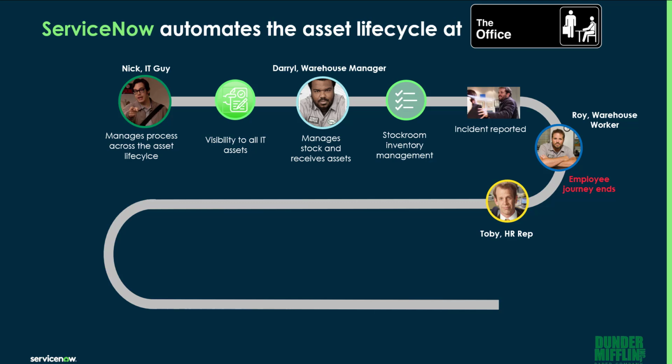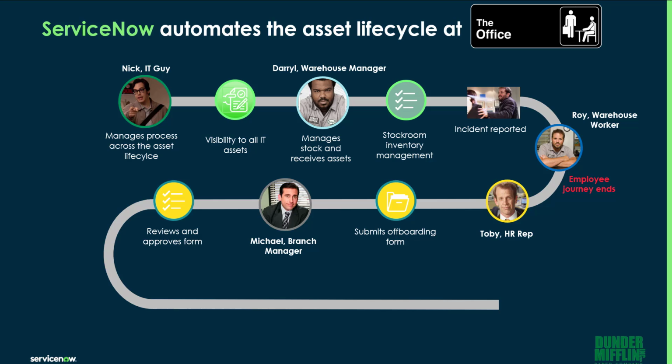This is where we're going to see Toby, the HR rep, who, as you know, doesn't get along very well with Michael. Michael doesn't really like to see him too much because Michael always takes jabs at him, and in part because he just hates him for reasons that we've never really figured out. But Toby is going to submit an offboarding form on the platform, so he no longer has to go and see Michael in person. Michael will receive that form, he will approve it, and that's where the workflow will pass